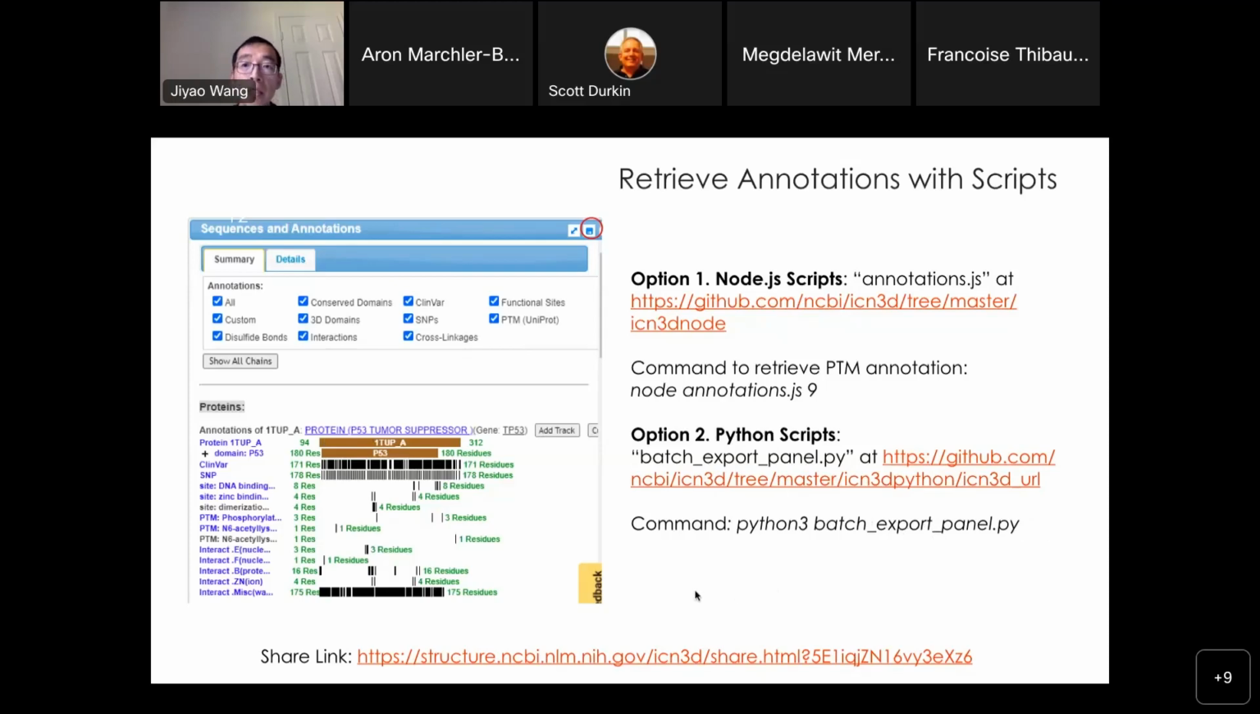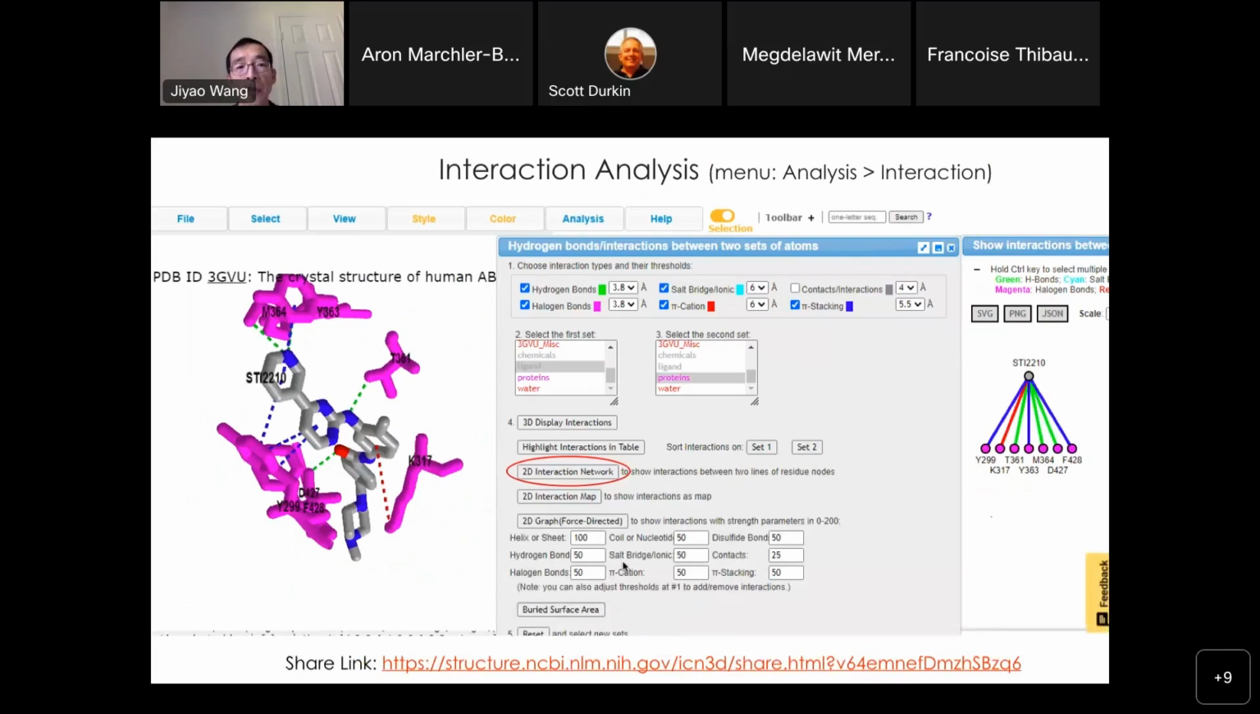Next, I'm going to talk about the interaction analysis. This is very popular. If you go to analysis, there's a feature called interaction. Once you click interaction, it will ask you to select what kind of interaction you want to show. For example, hydrogen bonds, salt bridge, contacts. There are many contacts, so sometimes you want to leave it out. Halogen bonds